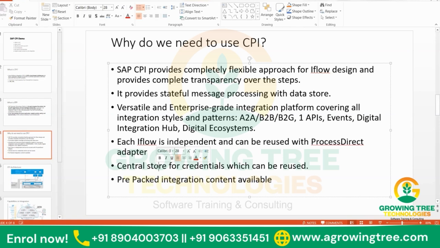I can refer to that with an alias name, and I can use that alias name anywhere. If I deploy the credentials one time, I can reuse them n number of times. So if somebody knows PI/PO, if you are configuring the SFTP server or FTP server